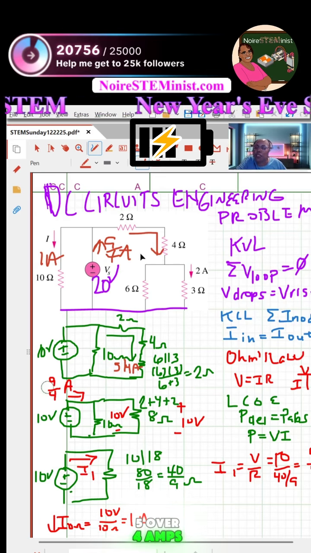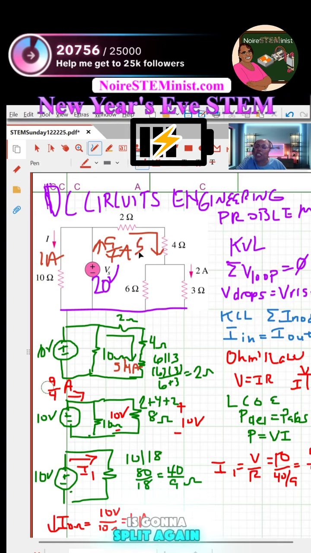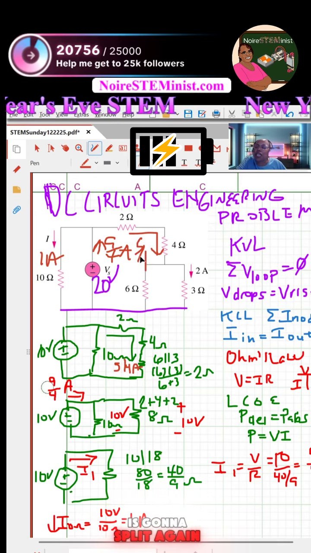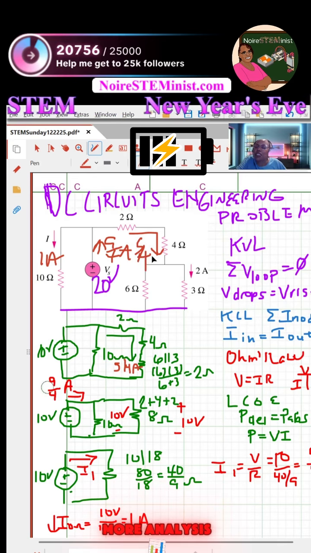And then the current right here is still 5 over 4 amps. But now that current is going to split again. So because that current is going to split again, I got to do some more analysis. I just realized